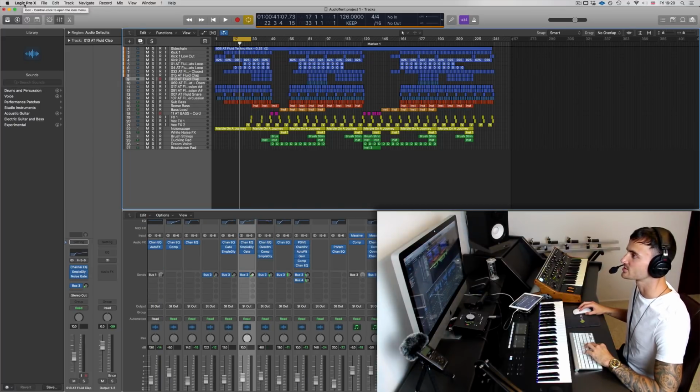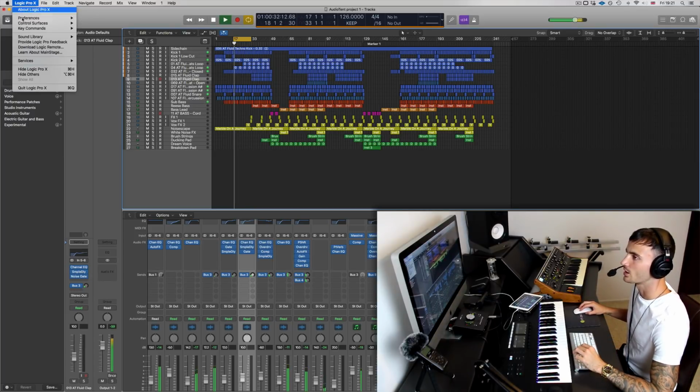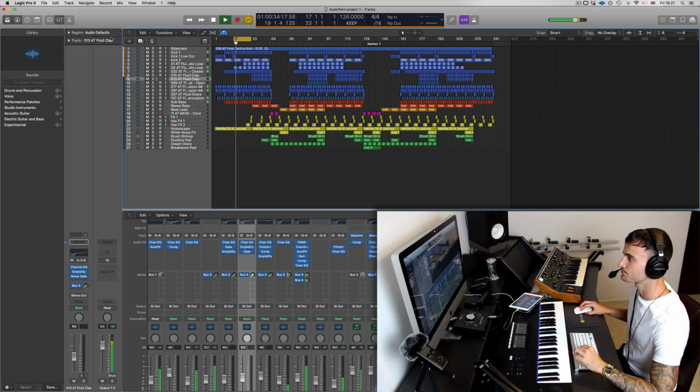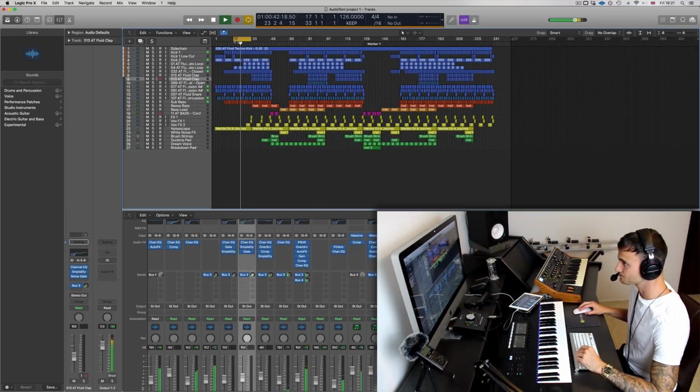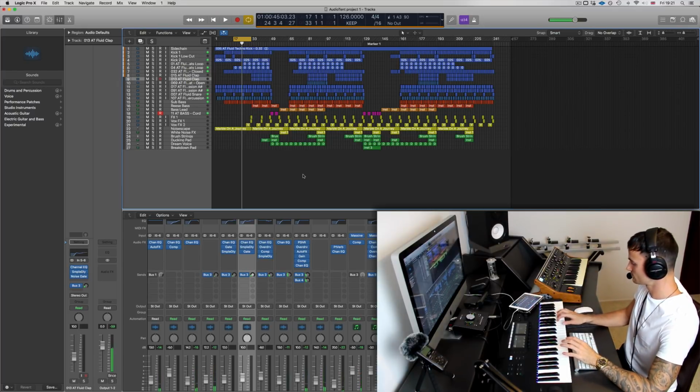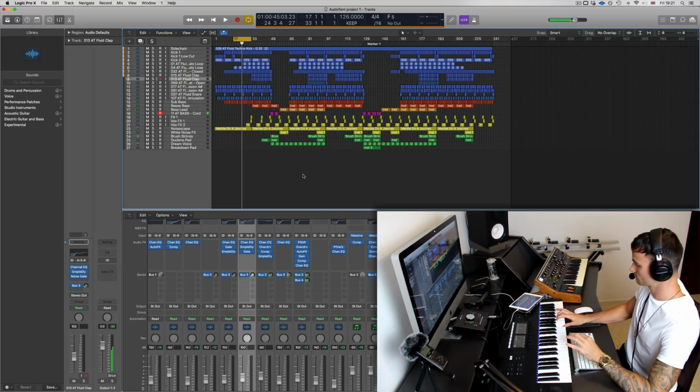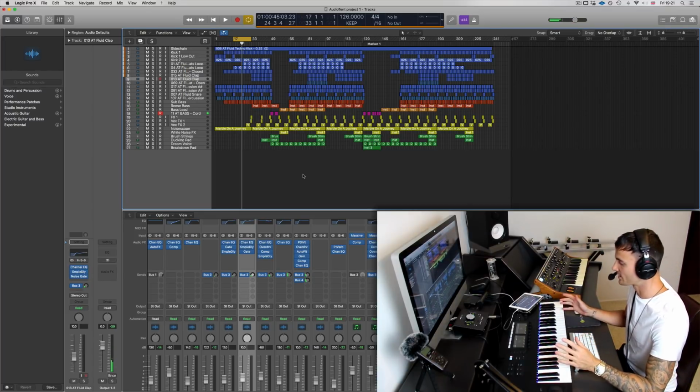I'm now in Logic Pro X in an audio template, so I'm just going to give this a play. And we're going to go to our control surfaces setup, and we can see here that it's recognised both the iPad and the Komplete Kontrol Mark II as a control surface. So just to prove that, if I just stop the audio for a second, you can hear that it's working fine as a control surface.